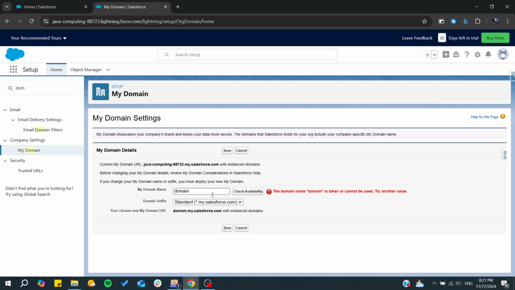So basically, if you already have a domain, you won't have this problem. So basically, you will need just to add your domain, and after that, you can have the suffix for your domain too, and it will be as a subdomain. So basically, your new domain URL will be the name of the domain, and then you will have your mysalesforce.com as your subdomain. And basically, after that, all you need to do is to click on save,